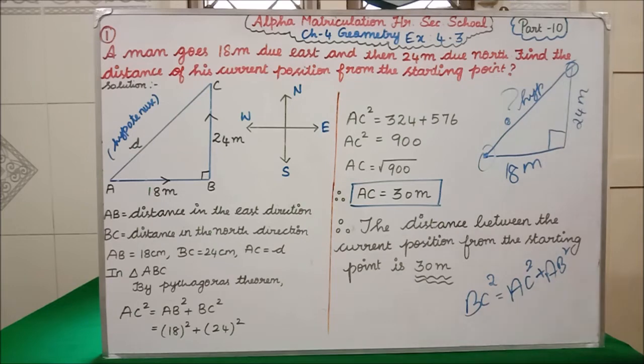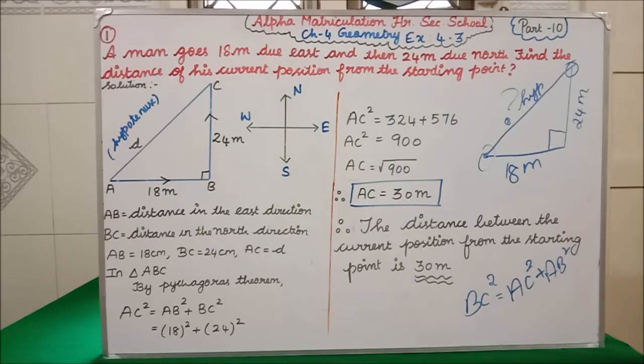Clear? Now we will see the solution of this problem. Now we have to find this AC distance. So only I have written D. Clear all of you? This side is what? AC side is what? Hypotenuse. Now we are framed in what triangle? Right angle triangle. Hereafter, whenever you are seeing a right angle triangle, immediately your mind has to think what theorem?